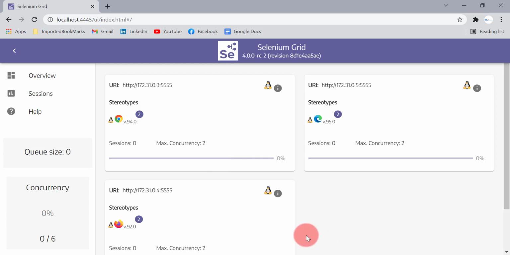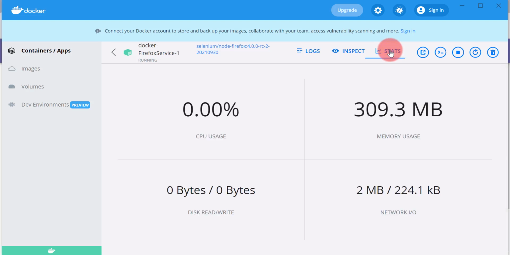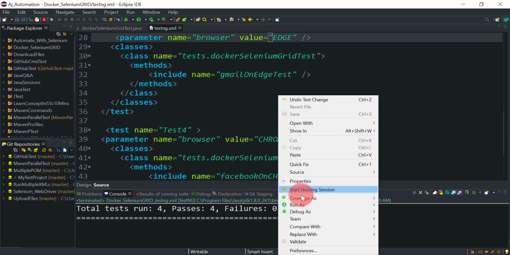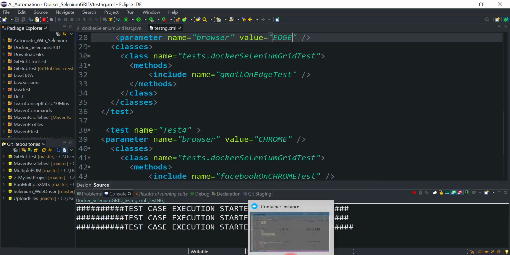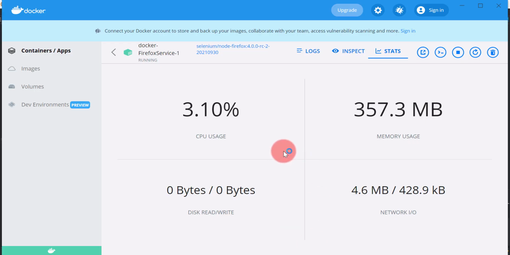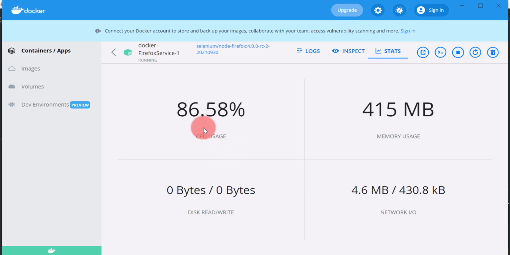If you want to see the memory usage, you can see it from the stats tab. Currently it is using around 4% CPU, and memory usage is around 300 MB. Once you start your test cases, it is going to increase. Let's quickly see that as well. If you see, once test case execution starts, these values are increasing.